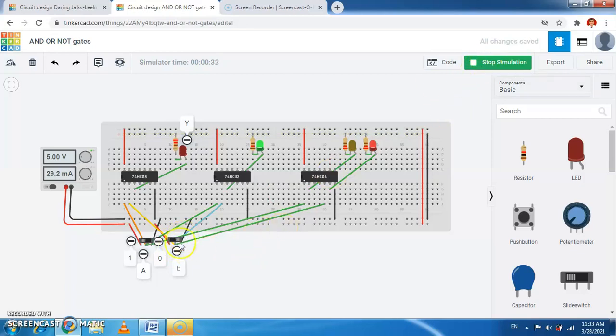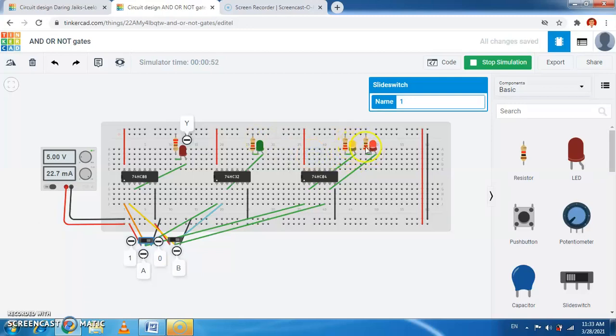Now we can change the position here. So we make this 1, this 0, and this also 0. It means both the inputs A and B are 0, 0. So therefore the output of the AND gate is 0. The output of the OR gate is also 0, because both the inputs are 0, 0. Now since here both the inputs are 0, 0, therefore they will be inverted.